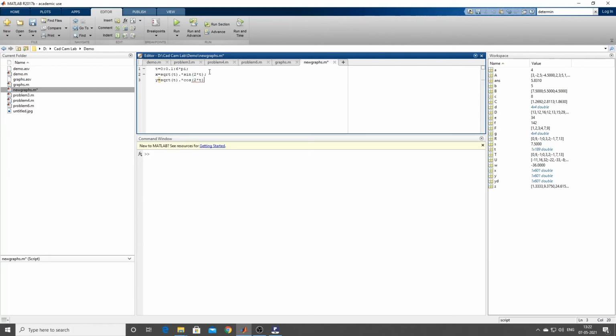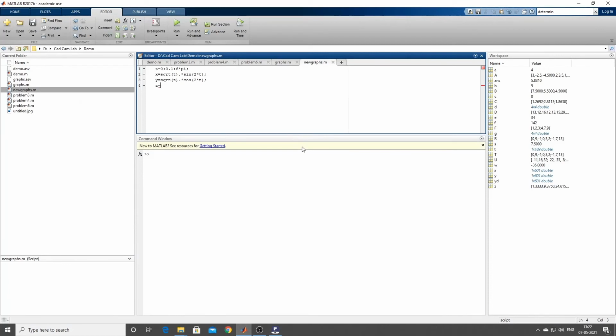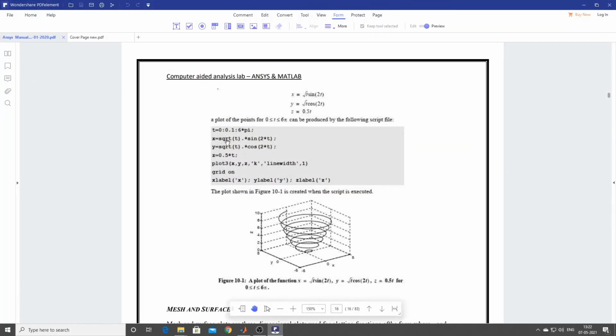So we have defined x, we have defined y, we want to define z also because it is a 3D graph, no? So z equal to, what is the third function? The third function is 0.5 times t. Again you give this. Now we have defined all the three.